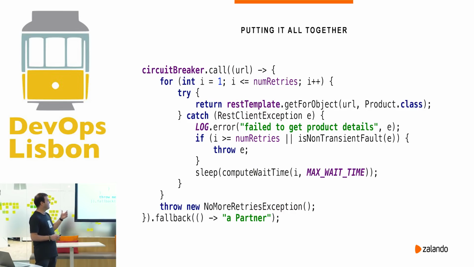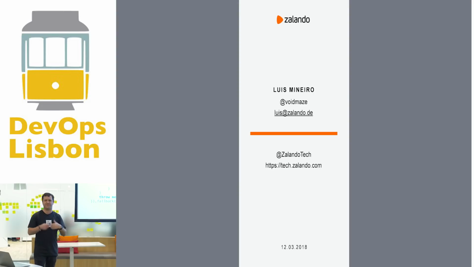So this could be how this thing could look. It's probably code that doesn't compile. I hope it does. It would be something like this. You ask the circuit breaker to make the call, with the retries, and if that fails, then you just provide a fallback, which could be another function call, or it could be just a static value. Actually, the interesting part with the fallbacks is that you can be very, very creative on what you